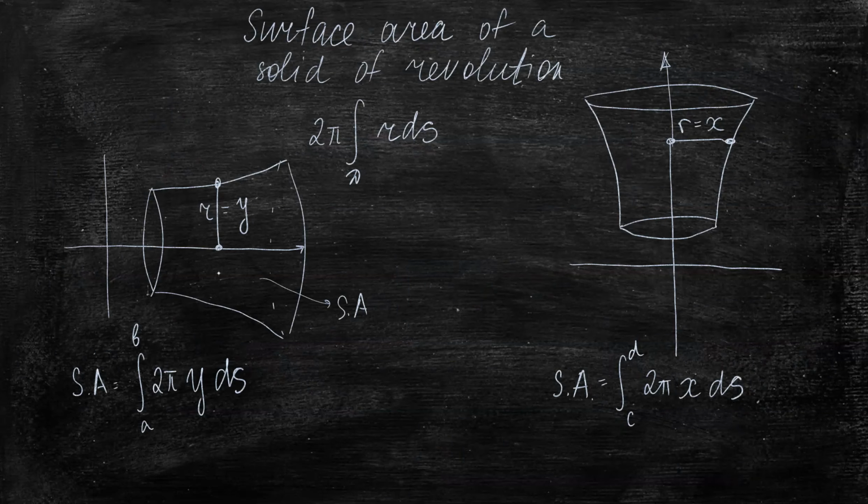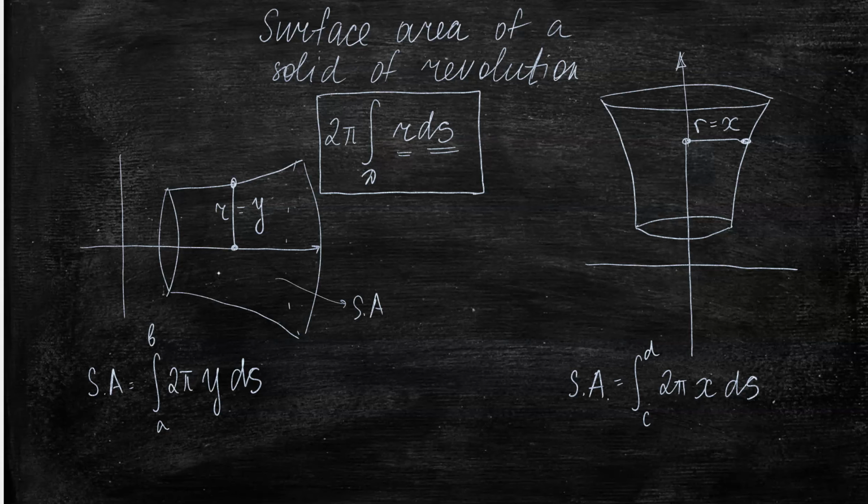So the formula, the short formula, remains the same for parametric curves. The only thing that changes is our interpretation of ds and what r is. But in each of the specific cases, we're going to have the following